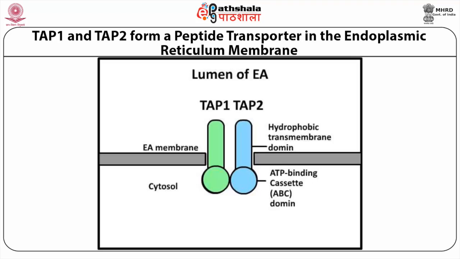The genes for TAP1 and TAP2 map within MHC genes and are inducible by interferons produced in response to the viral infection. Each of TAP1 and TAP2 has one hydrophobic domain and one ATP binding domain. Their peptide transporters use energy via ATP hydrolysis. TAPs have preference for binding peptides consisting of about 8 amino acids with hydrophobic or basic amino acid at the carboxyl end. MHC class I protein also has similar specificity.